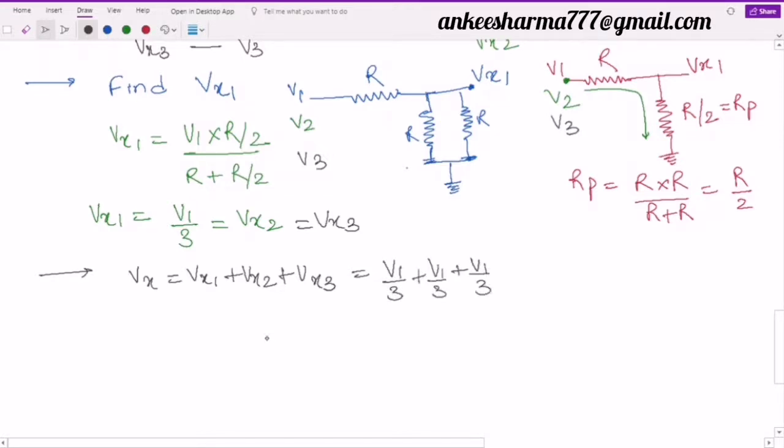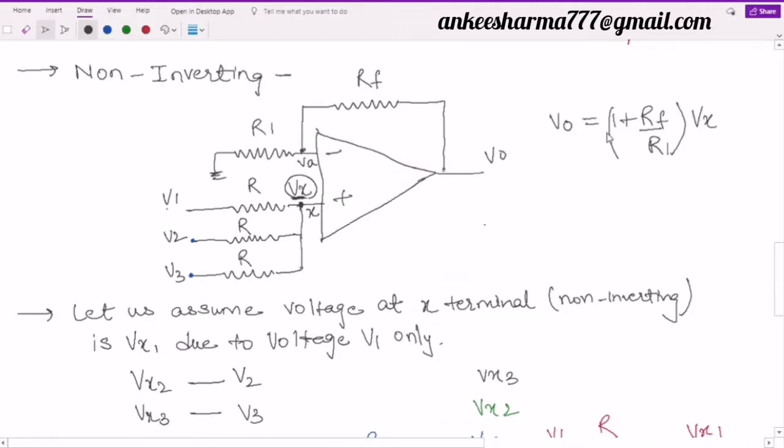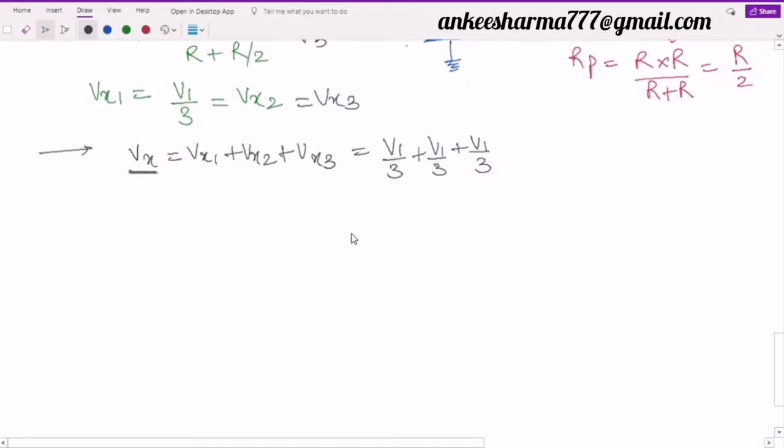I will not make it equal to V1, I will write it as it is for your better understanding. Now we have obtained the value Vx. What we were trying to find, हमें चाहिए क्या था, हमें V0 चाहिए था, which was equal to 1 plus Rf by R1 of Vx. हमने Vx निकाल लिया. So by substituting it in this formula, can I say my V0 is equal to 1 plus Rf by R1, which is the gain,